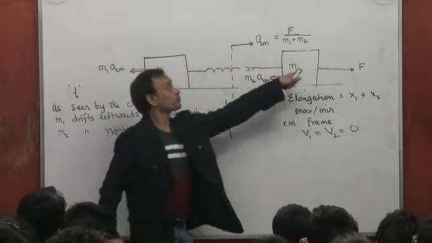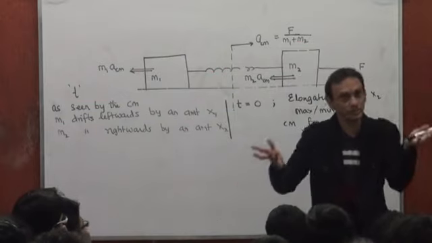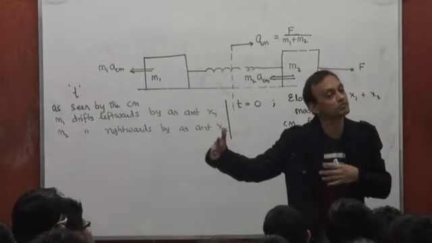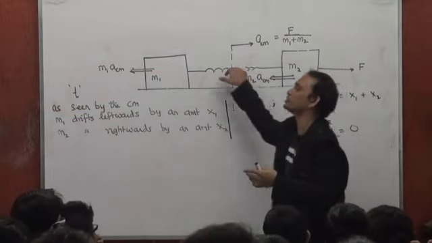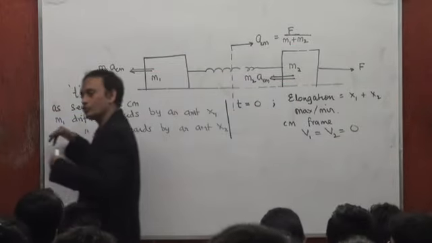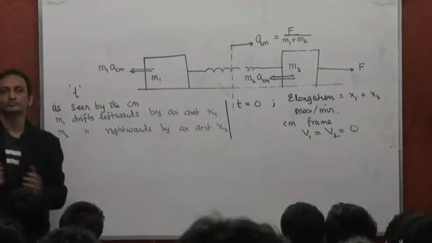Initially also, the velocity of m1 and m2 in the center of mass frame was 0, isn't it? Because we had the system start from rest. Center of mass at 0 velocity, so velocity in the center of mass frame initially also was 0 for m1 and m2. Okay. So now,